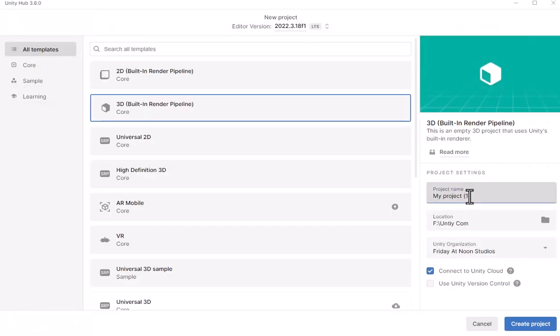This is the important part. You want to name your project for your own name or whatever your world is. Any of that would be fine. Find a place for it to live. You don't have to have an organization. Unclick connect to Unity Cloud, or it goes much faster if you don't connect it. Otherwise, it keeps trying